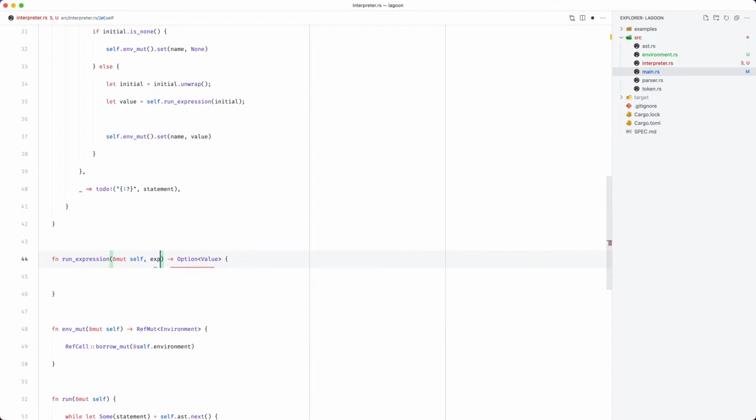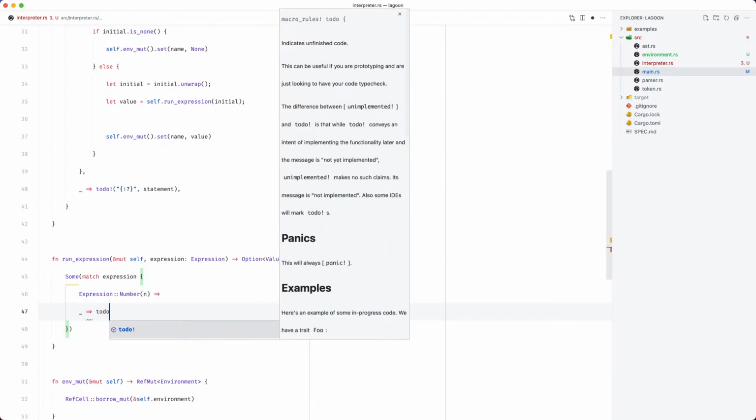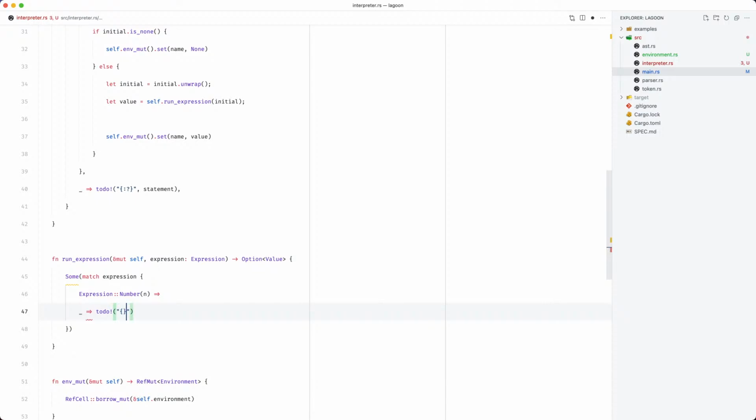And we're also passing through the expression. And similar to our run statement, we just need to match against the expression. And if the expression is a number, we'll do sum. Otherwise, we'll do to do, and we'll dump out that expression like we did earlier.